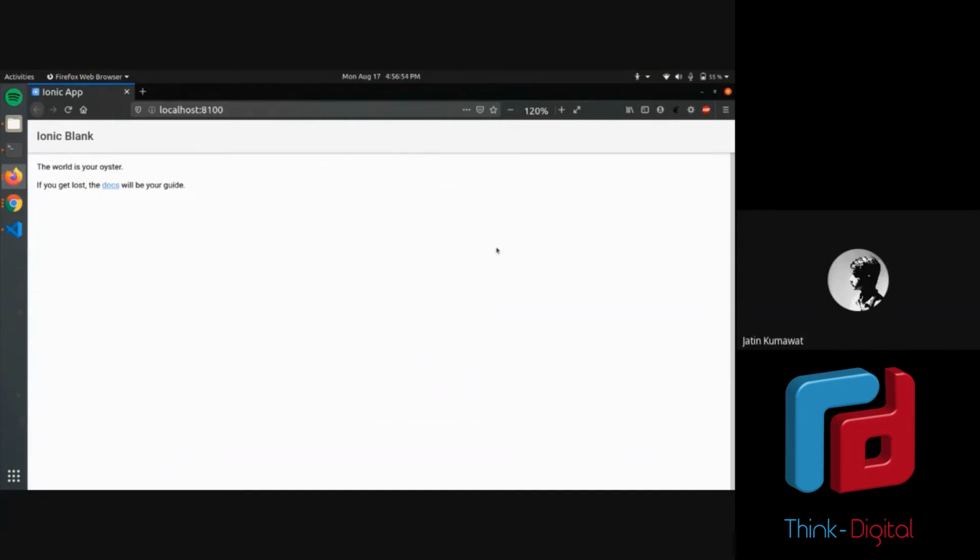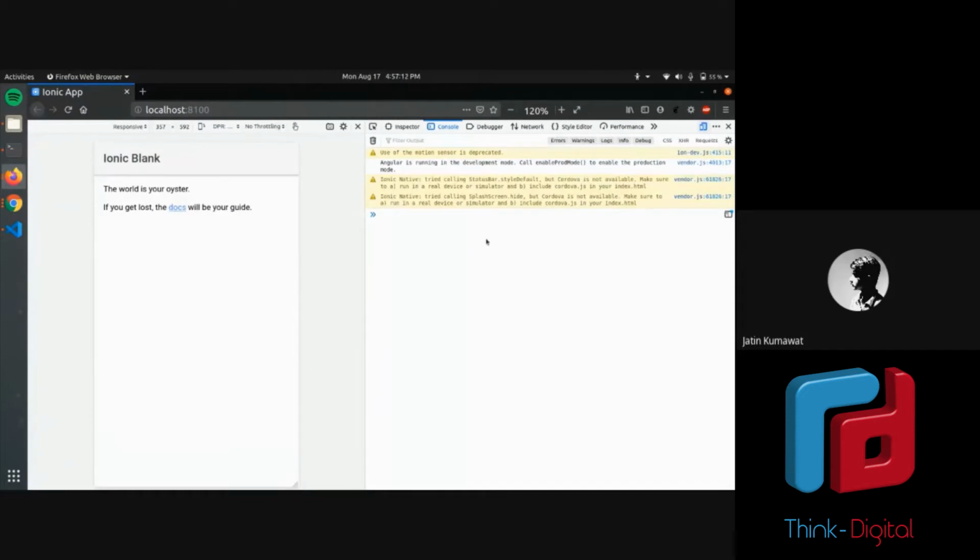If you think it looks like a website, let me show it in a mobile view. If you are using Google Chrome for this purpose, just type Control Shift I. If you are using Firefox like me, then press Control Shift M, and you will get this view. Whatever you are seeing here, this box is your app. This is what the user will see on mobile. And this is the console, where, if you have any errors, you can see them for debugging purposes. I will tell you how to use it. So this is the blank starter Ionic app.